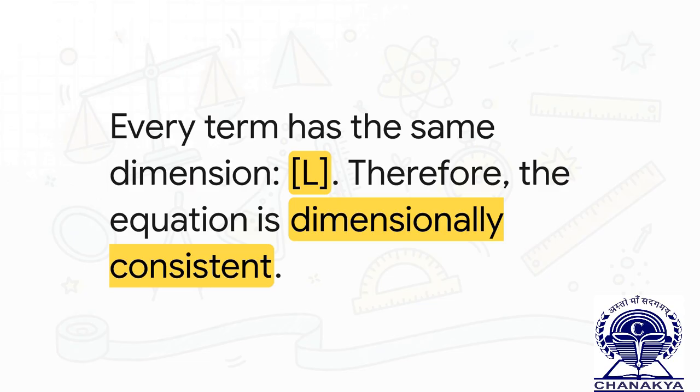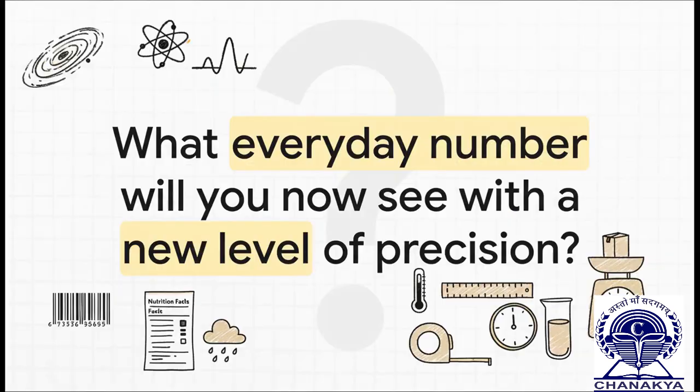Now, the big takeaway here is that while this doesn't prove the equation is 100% perfect, that half could be wrong, for example, it proves the equation isn't impossible. It's a super powerful first line of defense against nonsensical physics. So from the grand laws of physics all the way down to the numbers we see every single day, this language of units and precision is absolutely everywhere. So as you go about your day, look around. From a nutrition label to a weather forecast, what number are you going to see not just as a value, but as a statement of precision?